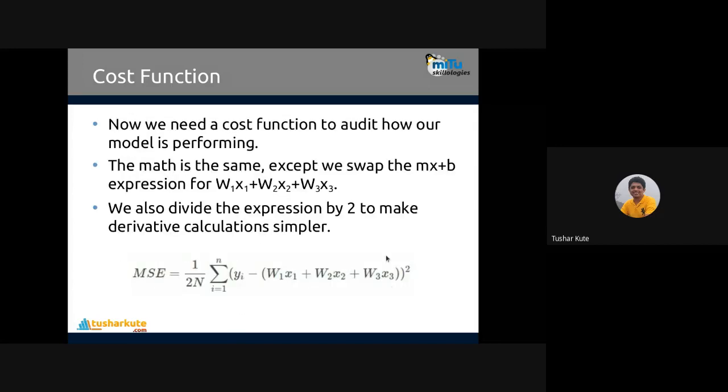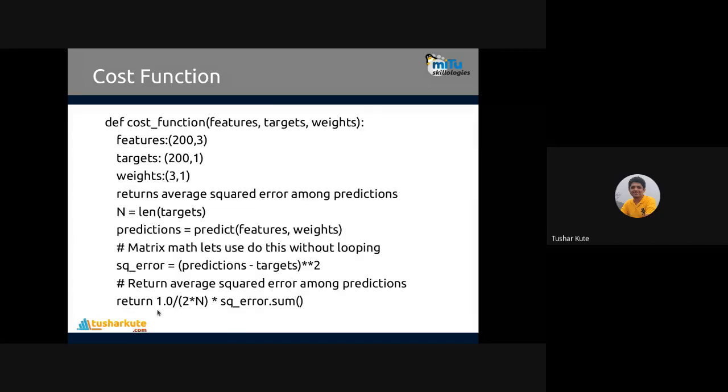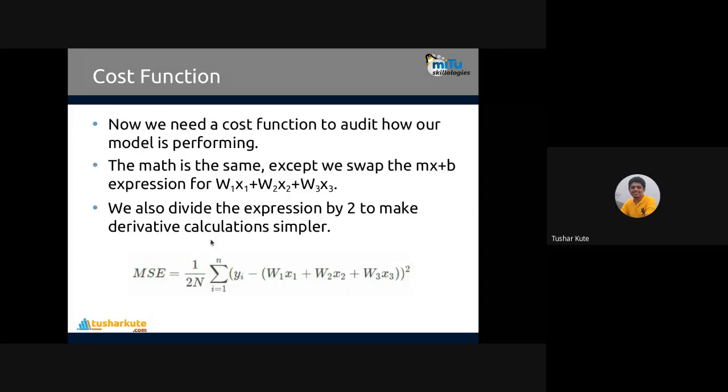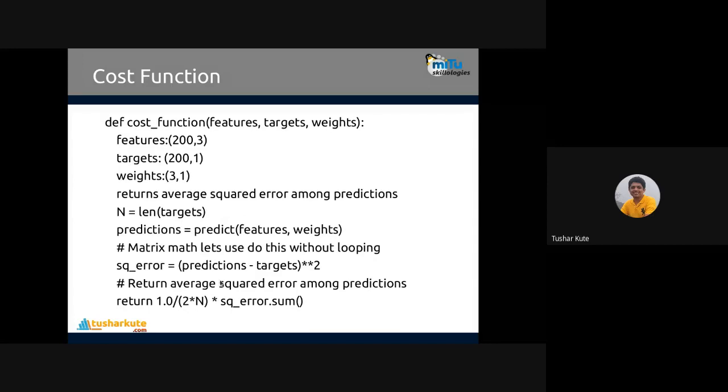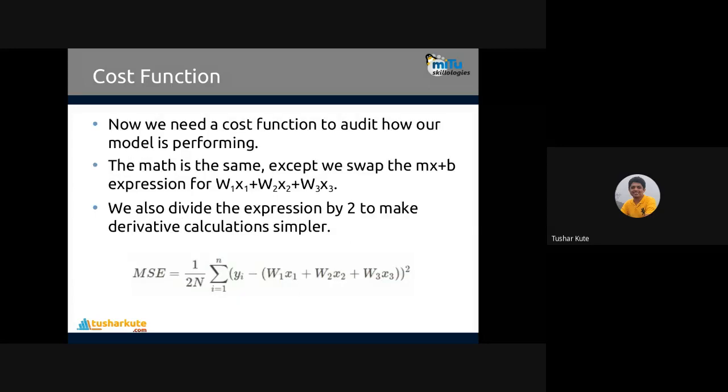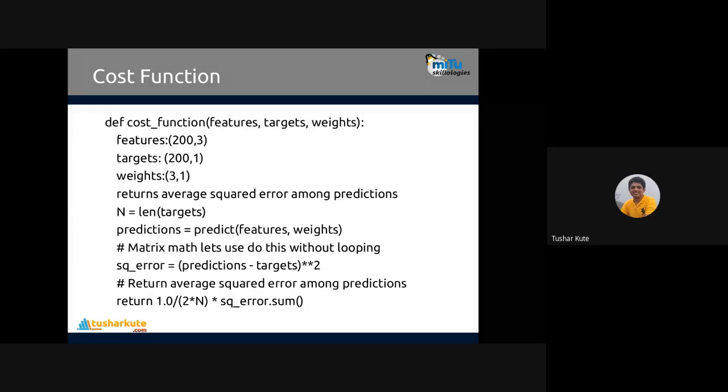That's why you have seen it here. This formula will apply, and accordingly we calculate and return 1 divided by 2 into n into squared error dot sum. So squared error is the squares of the differences, and their sum means the addition of all of them. Fine. So with the formula mentioned here, the mean squared error is calculated, which is the cost function for multiple linear regression. Check out the cost function; it's converted into code. When you do things practically, it's very easy to remember, though otherwise very difficult, and it will always be used practically.